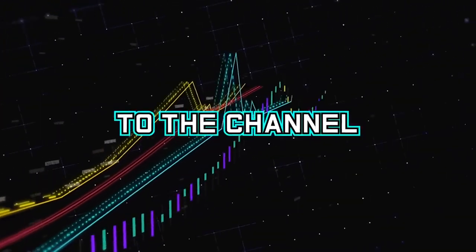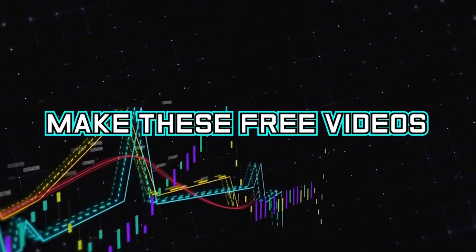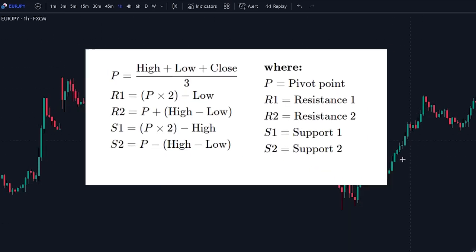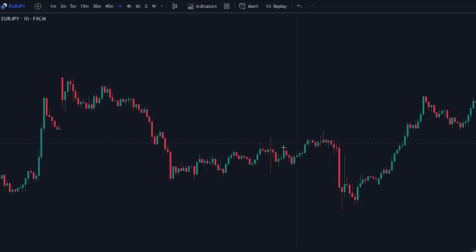Now that we have gotten that out of the way, let's start. Let's first take a look at what pivot points are. Pivot points are actually just the average of the intraday high, low, and the closing price from the previous trading day. To make it easier to find the pivot points, let's add an indicator to the chart to help us